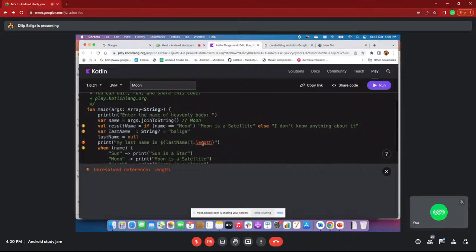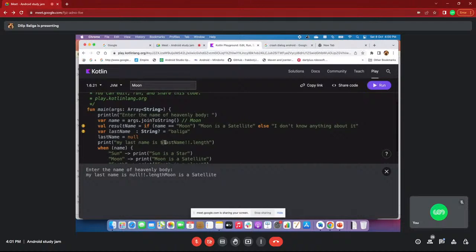I don't know why it is taking that long. Maybe sometimes the compiler has some issues. Okay, perfect. See, now my name is null only. This length, sorry, actually this is supposed to print a value. I need to check that.